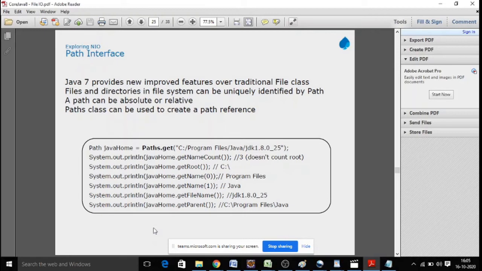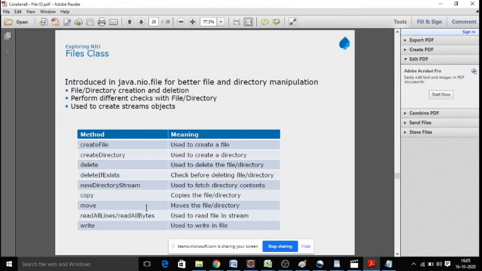Also Path. Let us say you wanted to check the path of your application. Simply you can say Path is another object. You can send a path. You can get all the variables of the path, like the name of the path. We have path variables in our system, right? To know that path, we can make use of Path as well. Like File, there is another thing called Path.